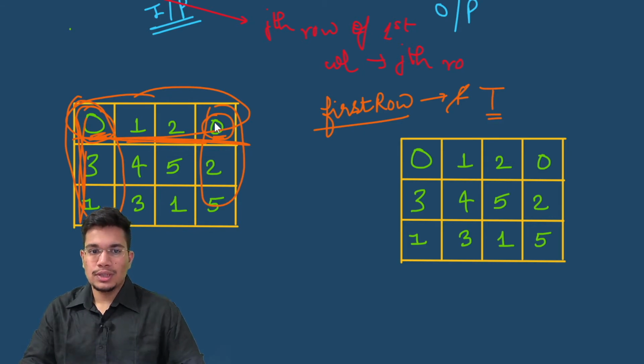Otherwise, because these contain our logic, right? Our logic to change the other values. So if we start from the top and we change these values in the beginning itself, then our logic will be destroyed of how to change the remaining values for this particular part. And that is why we are iterating from the bottom right to the top left.